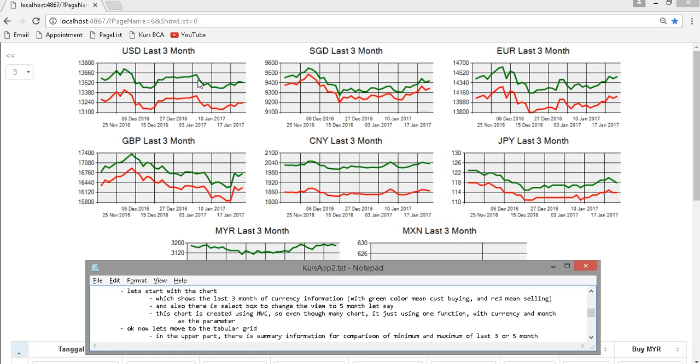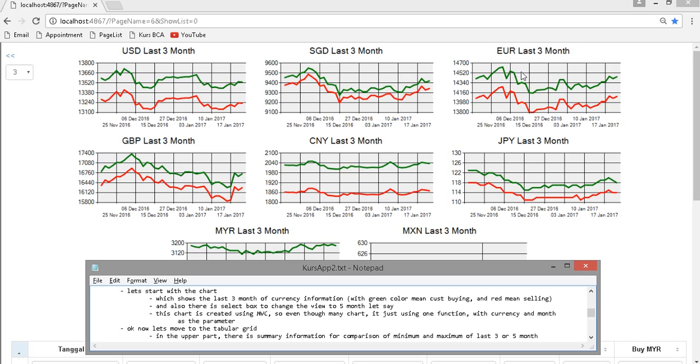When you sell it is usually lower because the trader will have a profit from that. So you can see the movement in the USD, the Singapore dollar, the euro, GBP, and so on.